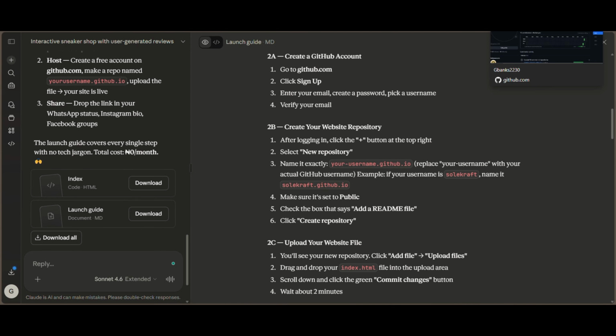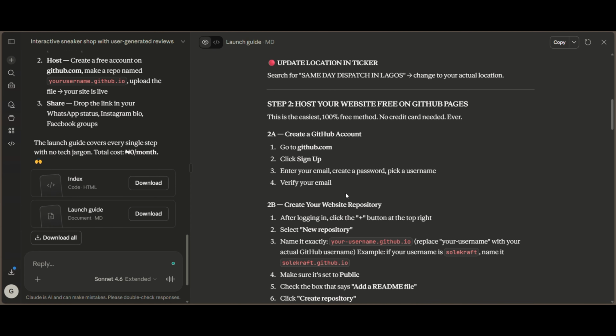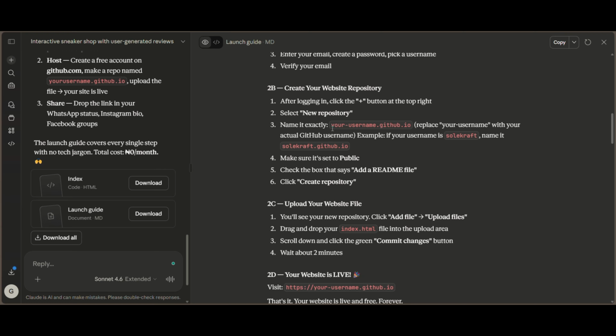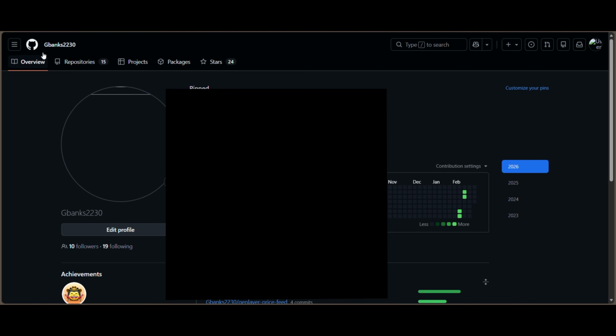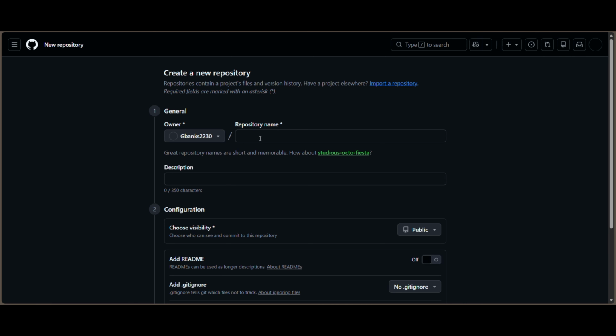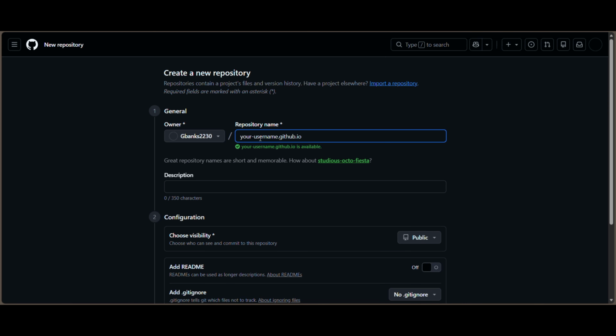I already opened my account here. So it says if you don't have an account before, you have to sign up and create a password and all. So after logging in, we have to create a new repository here. So we'll name the repository, username.github.io. So let me just copy this. Go to GitHub. So new repository. So create new one. So the name, I'll paste it here, and then I'll replace the username with